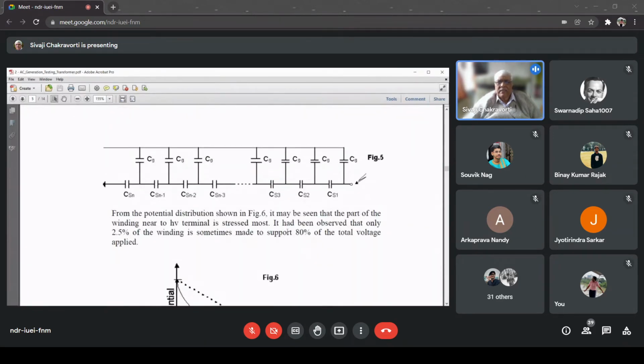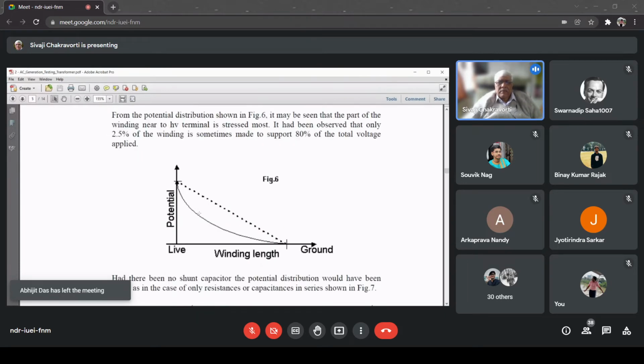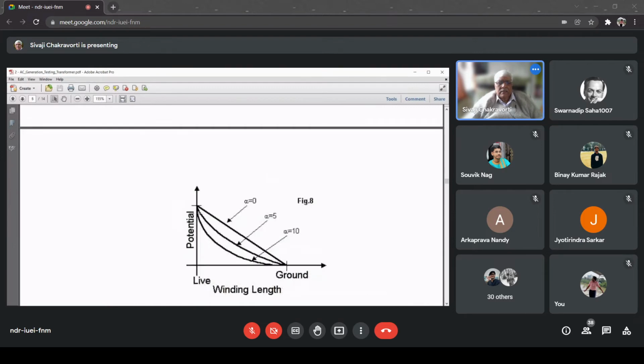Now this is something very confusing to many students, that I am considering a transformer and in equivalent circuit there is no inductance. That is because of the very high frequency that you are considering. And this is typically true for all transformers which handle high frequencies, and if that is of the order of megahertz. In this case now, what will happen? Let me explain.